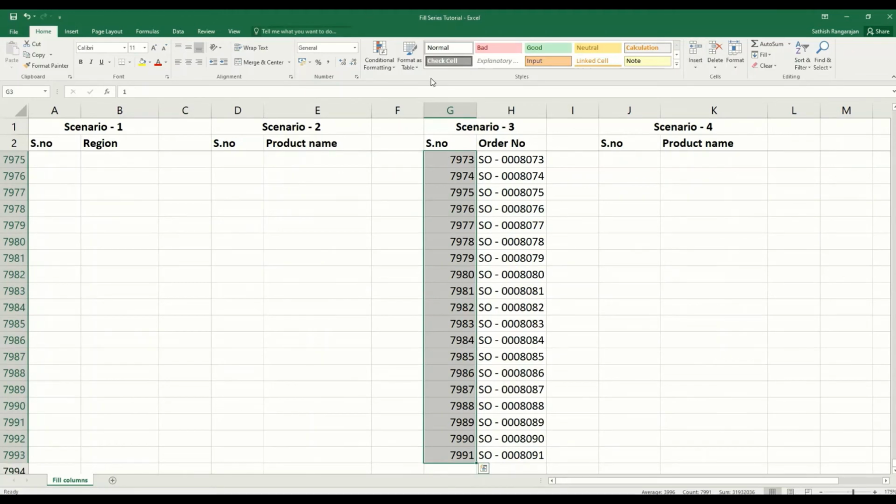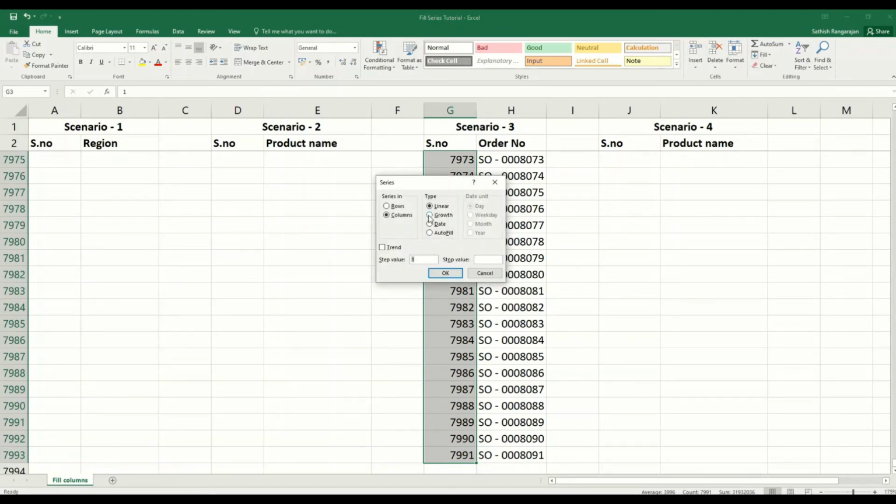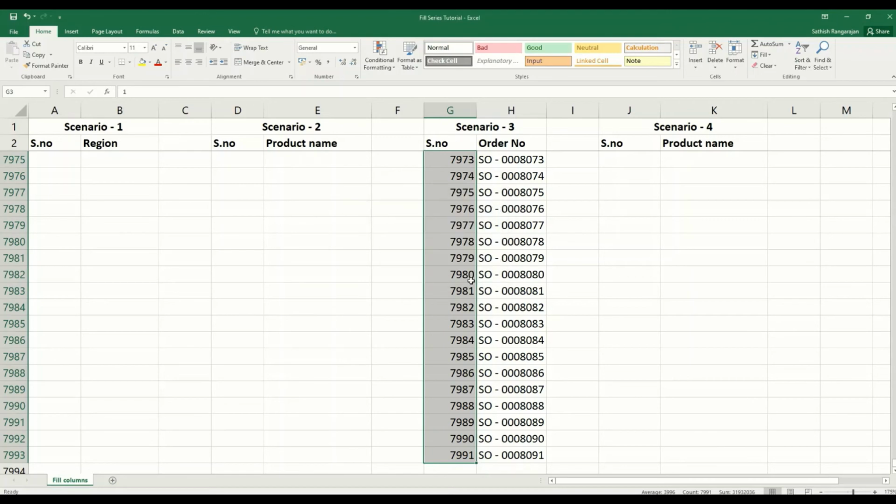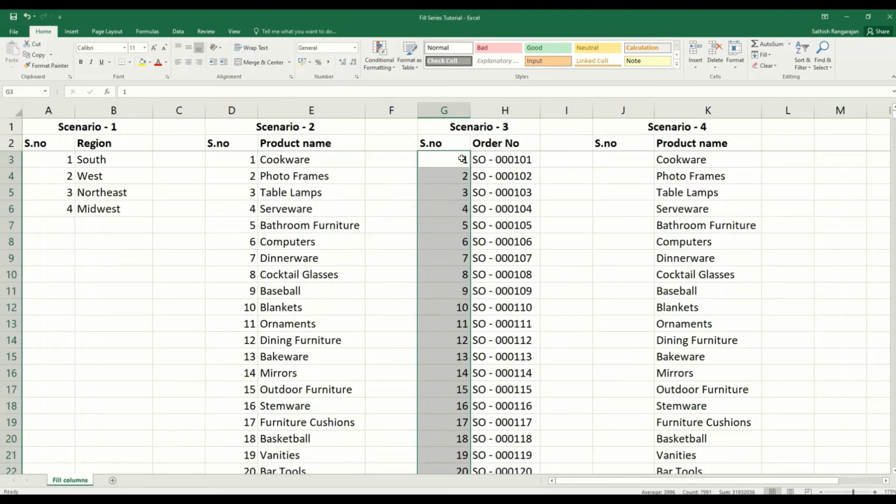In the Home tab there is the Editing section, and if you click on fill series, you can see that the series has automatically been selected as columns because we have selected the columns. The type is linear and the step value is 1. That's why there is an incremental value of 1 in this series.